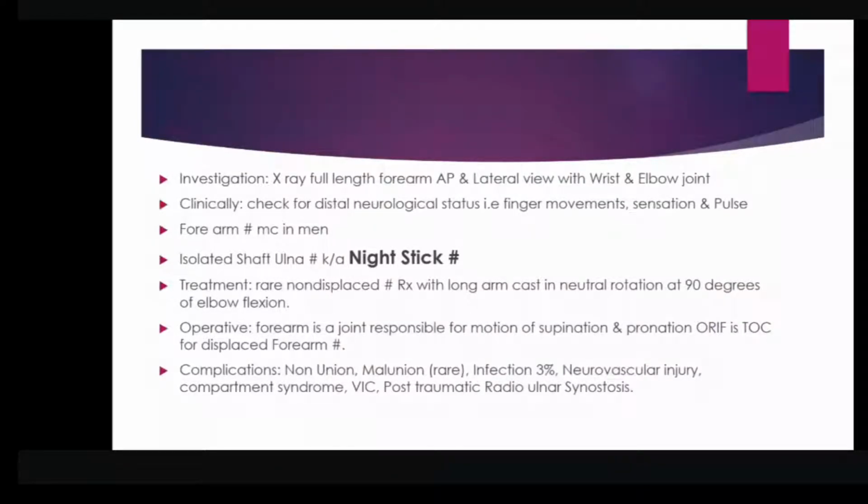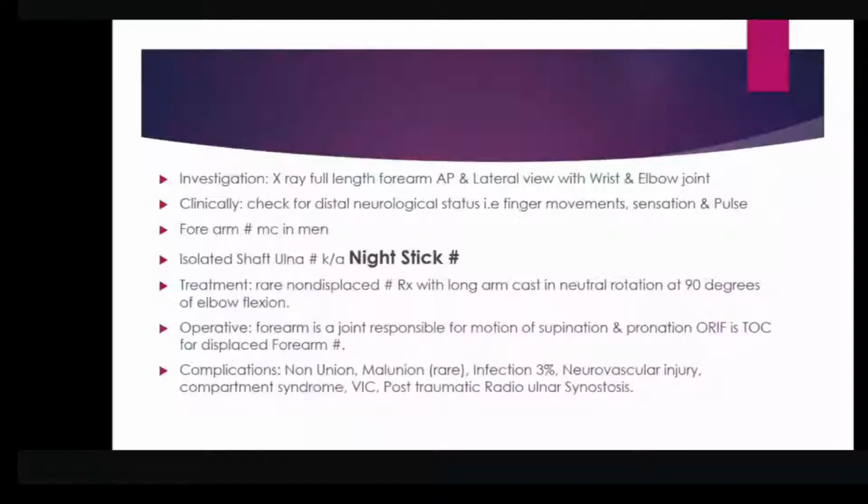So in forearm fracture we have to put an above elbow plaster immobilization, that is from knuckle to the shoulder. For shaft tibia we have to immobilize joint proximal and joint distal. For tibia, the joint proximal is the knee and the joint distal is the ankle. We have to immobilize the ankle as well as the knee joint.